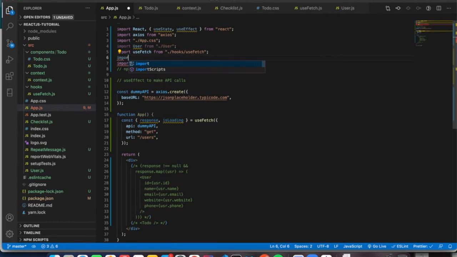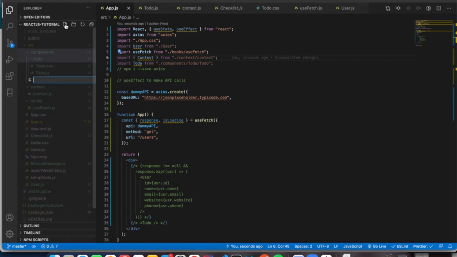Let's import that. We have to destructure that context from this context, and then we have to provide these values to the components, right? Before that we will create two components.